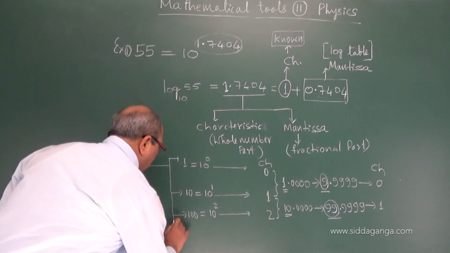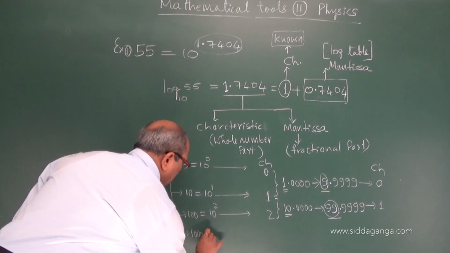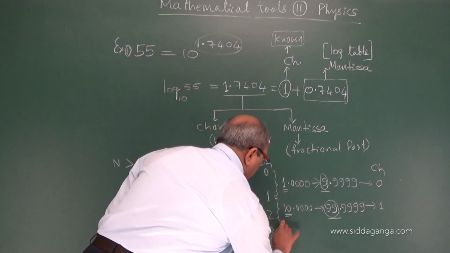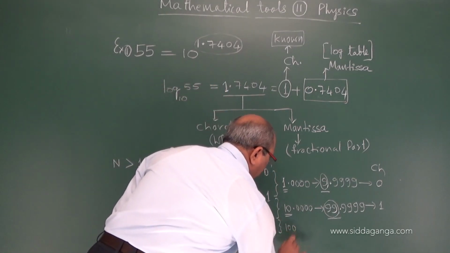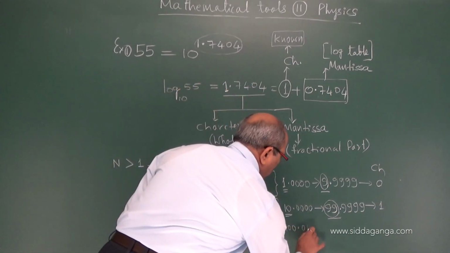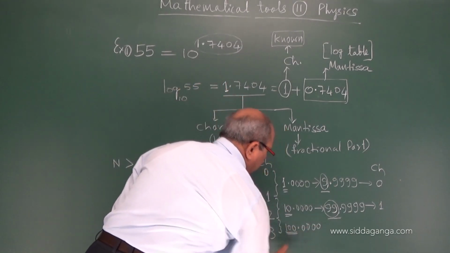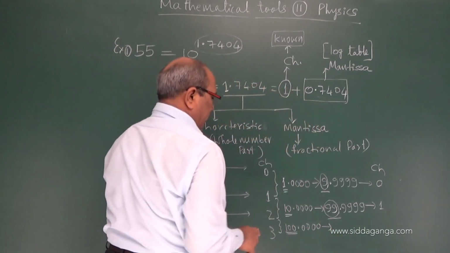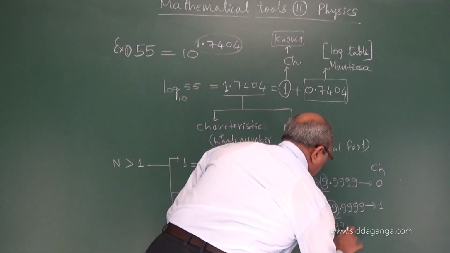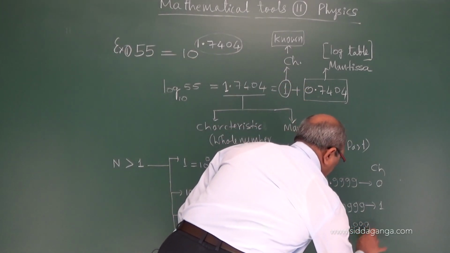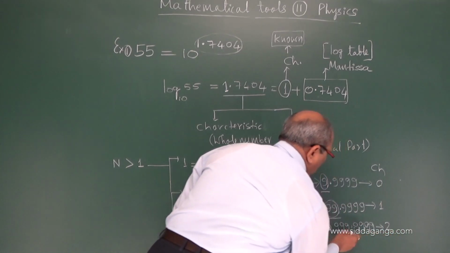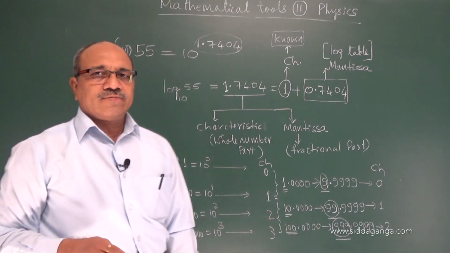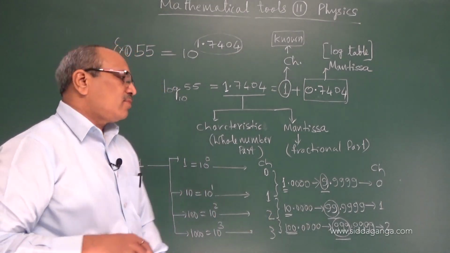Let us see, for example, lastly I go to 1000. That is going to be 10 power 3, where the characteristic I am saying is 3. It starts from 1000. Numbers from 100 have 3 digits, so your characteristic is 2. It can go up to 999.9999. Characteristic is 2 because there are 3 digits, you take 1 less. I hope you are confirmed.